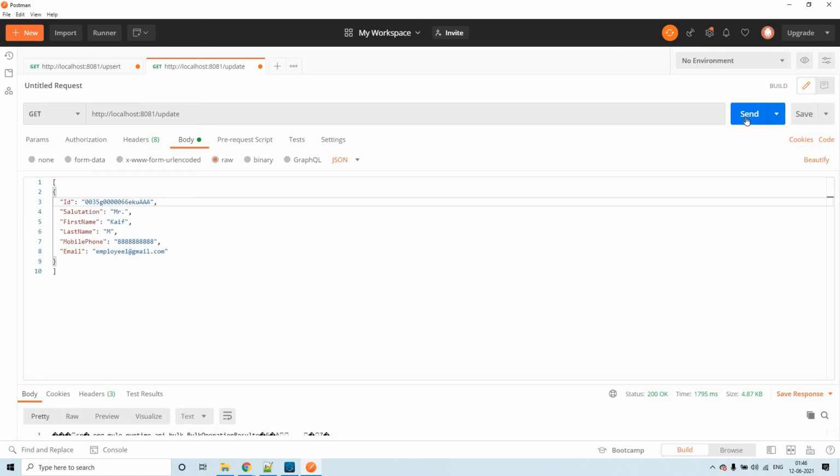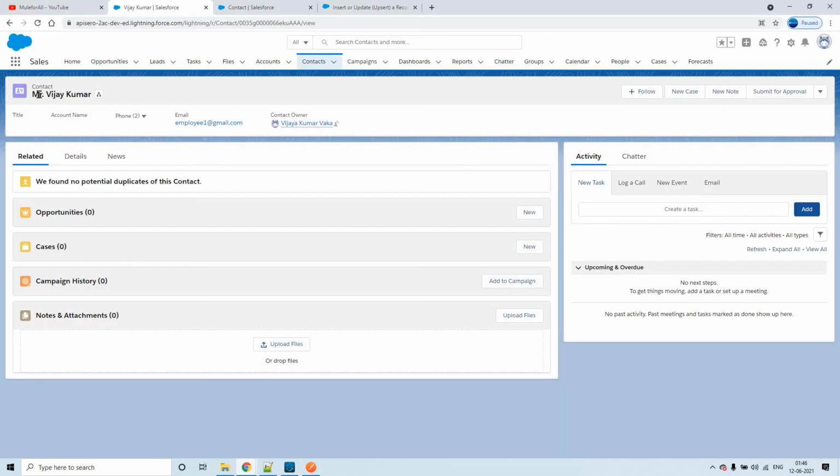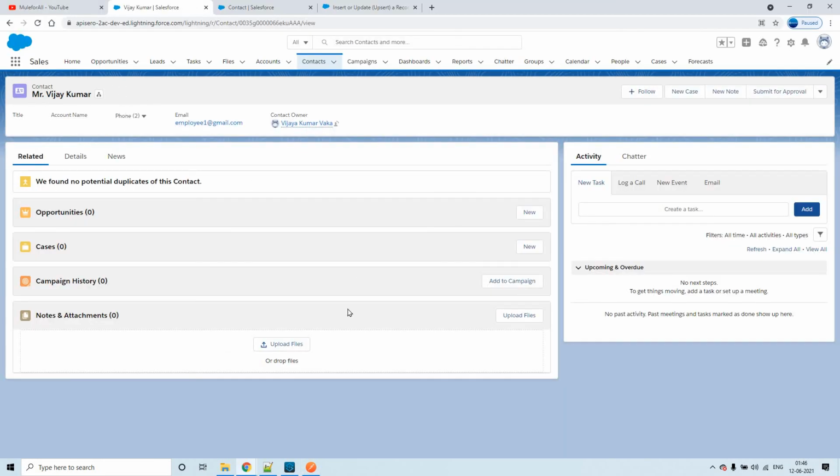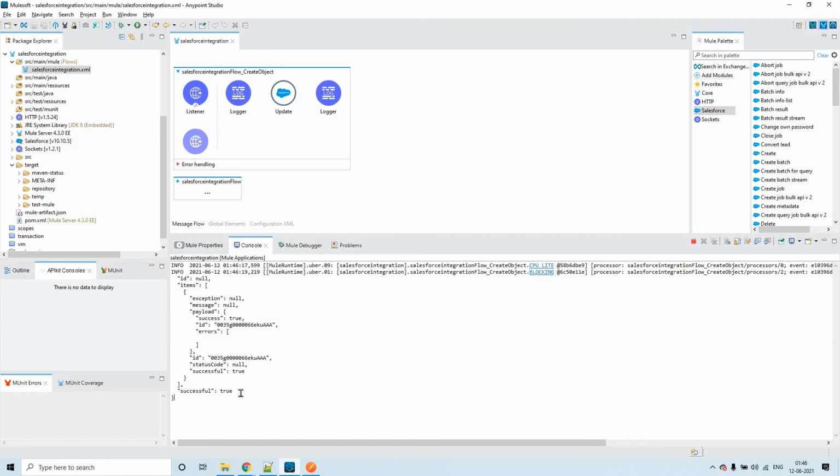So let us try this. This is the contact with this id, and my details are there. If I click on send and update this, now you see this should be updated. In the console you see successful is true.